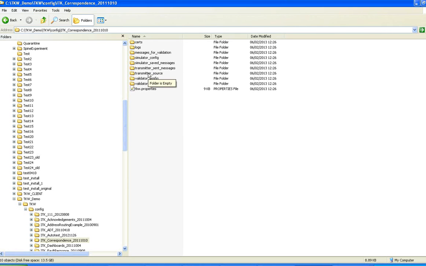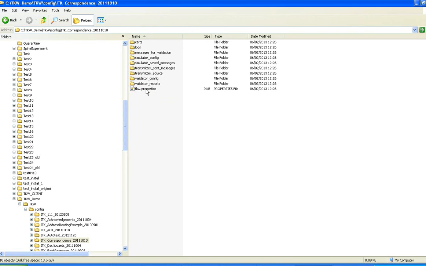We have the transmitter source, where messages are placed to be sent using the transmitter. The messages for validation directory is where messages are placed to be validated. The validator config contains rule sets and templates for use of the validator. The validator reports directory contains logs of messages validated,